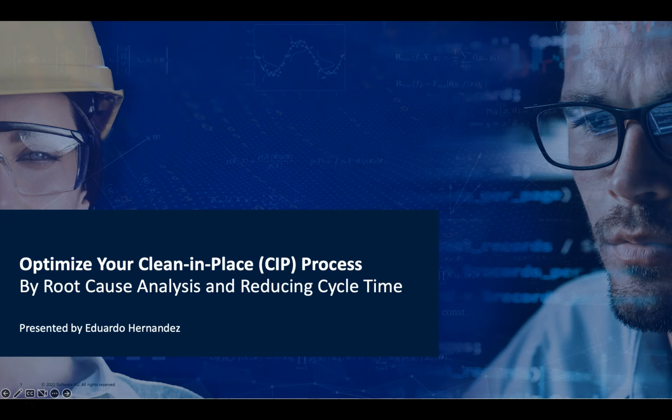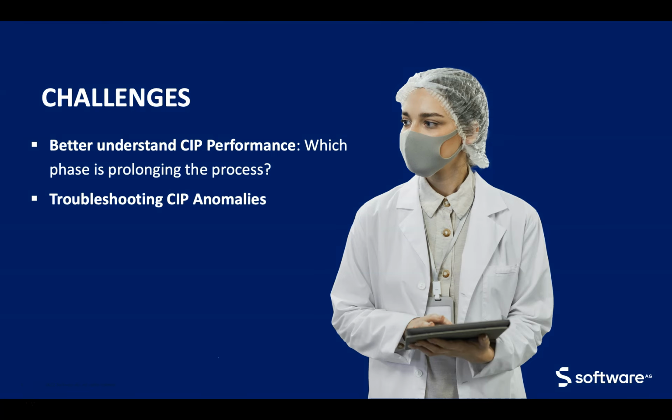Now in this demo, we're going to be looking at how to optimize your clean in place, commonly known as a CIP, in the food and beverage industry by performing a root cause analysis and reducing a cycle time. Now in this particular demo, we're going to be looking at how to address two different challenges within the food and beverage industry. This particular process pertains to the manufacturing of dairy products,